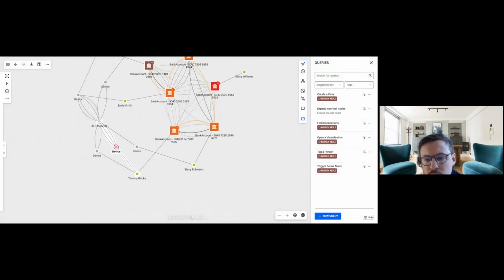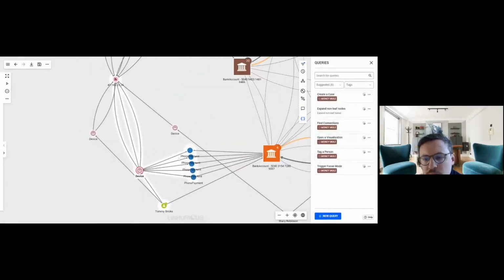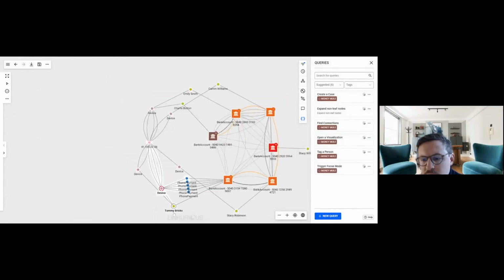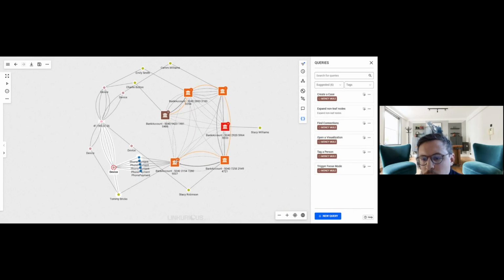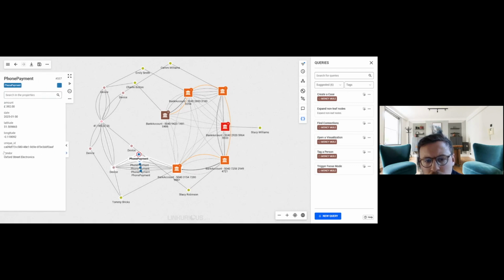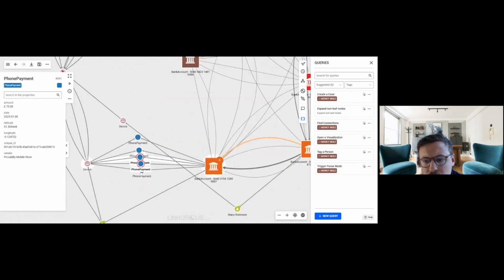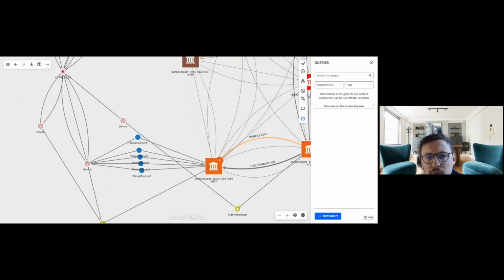I'm going to return that, and I can see that this individual, Tommy Bricks, that we identified as being the account holder of the exit account, the bank account that was used to exit the funds, performed some phone payments here, a couple of them. And as you can see on the phone payments, if I, for example, select them all at once,